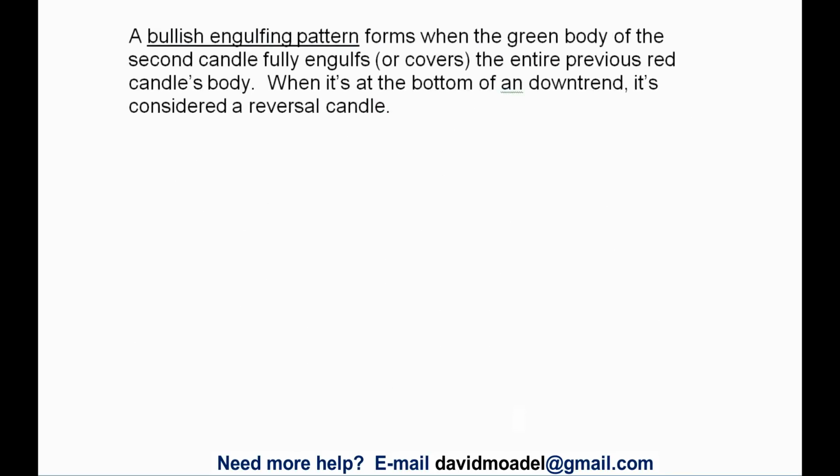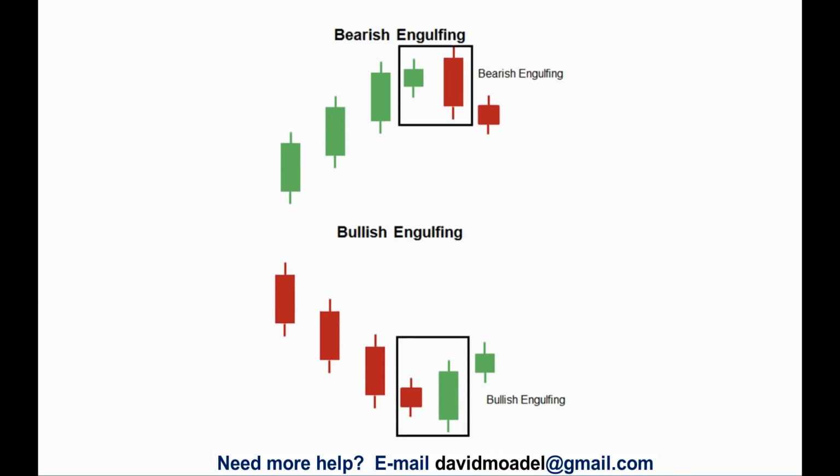Okay? So let's look at that. If you pull back a chart and look at multiple candlesticks on a chart, all right, so here we have the bearish engulfing. You've got candles going up, up, and up, but then, look at these two, right? So there's the bearish engulfing. This body is bigger, and it swallows up or covers all of the previous green candle's body, and so you might think that it's going to start going down, and that doesn't work all the time, but sometimes it does.